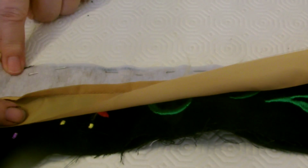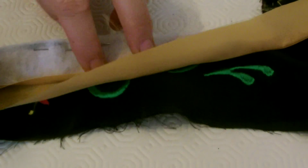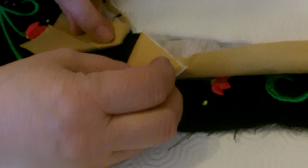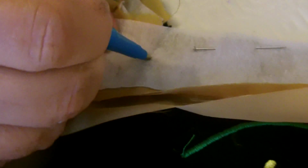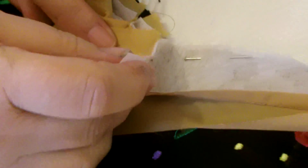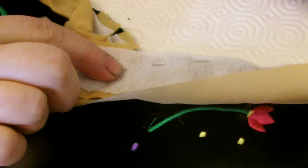Now we're going to sew the long piece along from the front over the shoulder to the back, and pin that on to your bodice. And down here, if you move the first one out of the way, you can just about see the last stitch. Lay that over the top and mark where your stitch will start, right next to that one. Then you're going to sew it on,